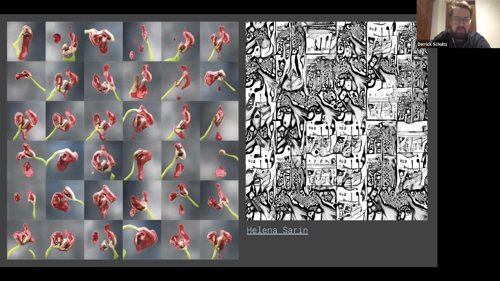But she just creates a ton of images, and they're always fascinating. I may not love every one of them, but I always find something really interesting. And quite honestly, I have no idea what she's training this stuff on at this point. I think she's also doing some really great feedback where she's sticking old images from previous training sessions into new stuff and just producing really great work. She's very prolific and a really fun person to follow if you're interested in following artists on Twitter or Instagram.